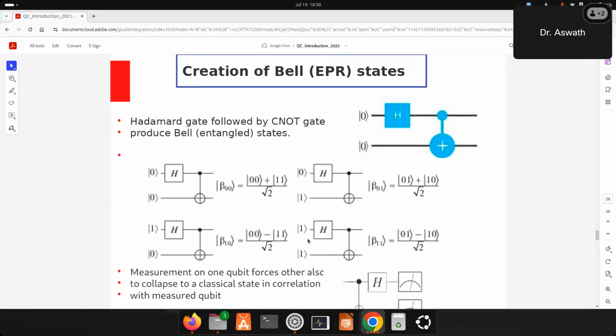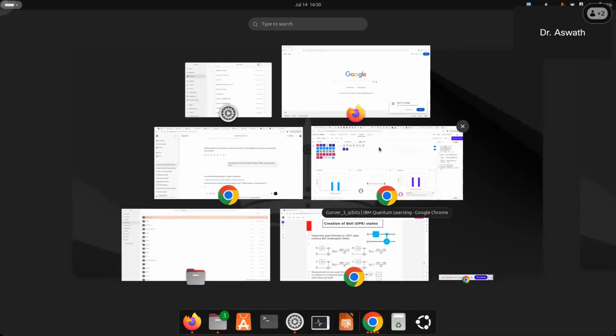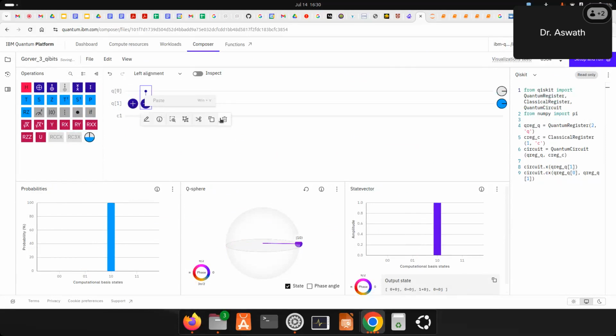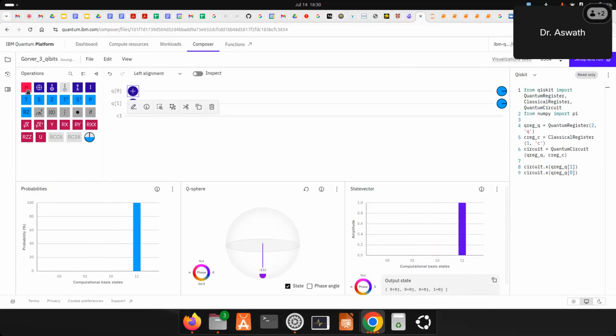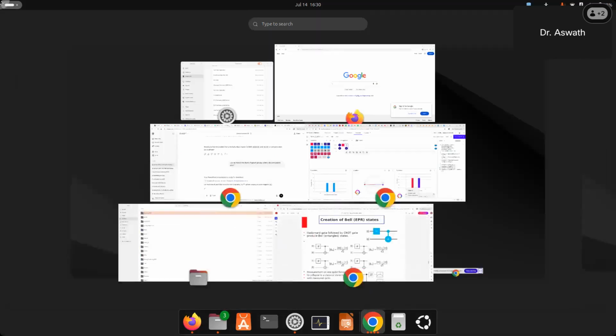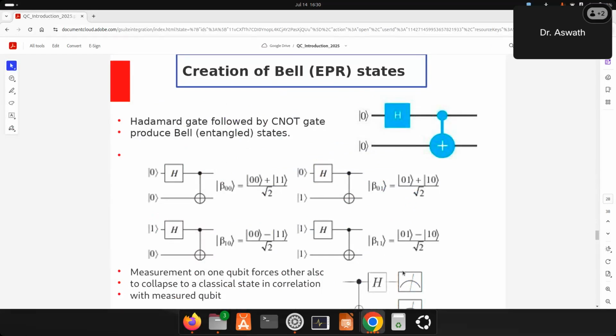Let's start with 1, 0. Or you can do 1, 1. You just do both 1, 1. Take addition modulo and put it here. It's not possible. I have to remove it. Put both 1, 1 followed by the Hadamard, followed by the C naught. You would get 0, 1, 1, 0, with 1, 0 being a negative phase. So this state I have created.